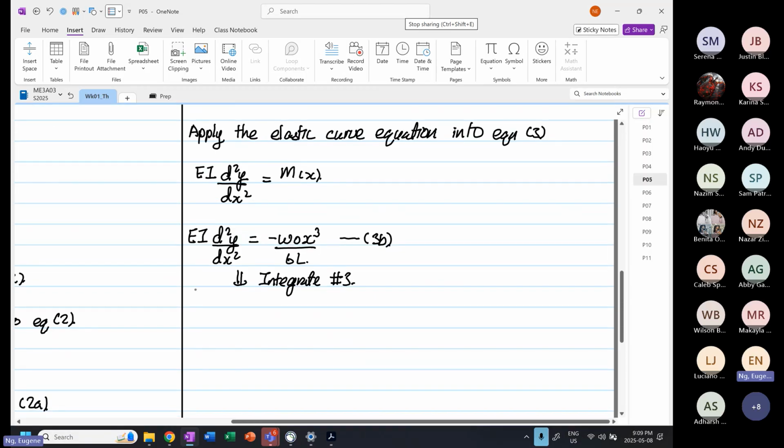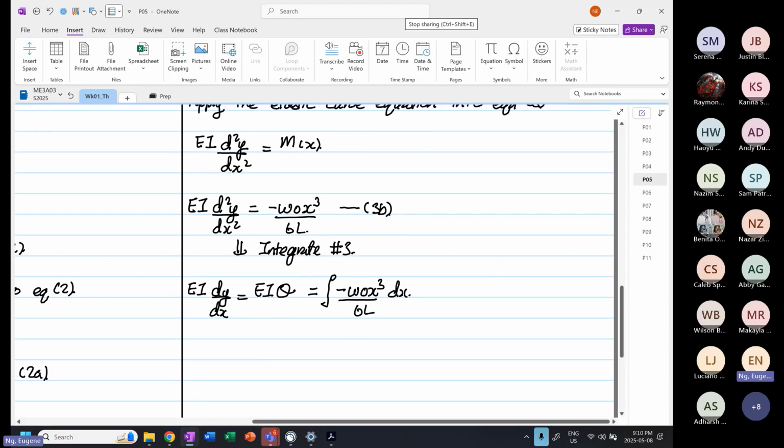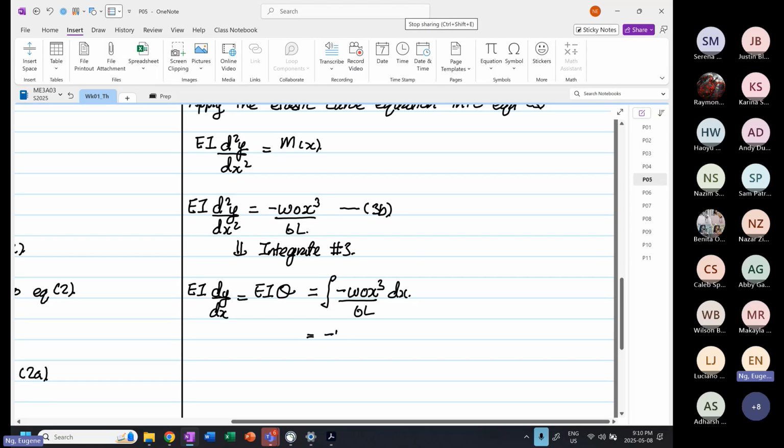Okay, so you have EI dy by dx, which is equal to EI theta, and this will be equal to, we're going to integrate minus omega naught x cubed over 6L dx. So with this, when we integrate, you have minus omega naught x to the fourth over 24L